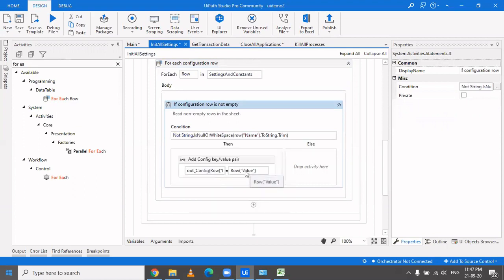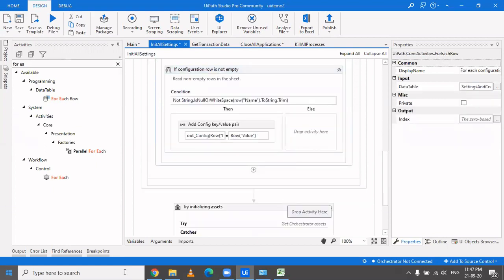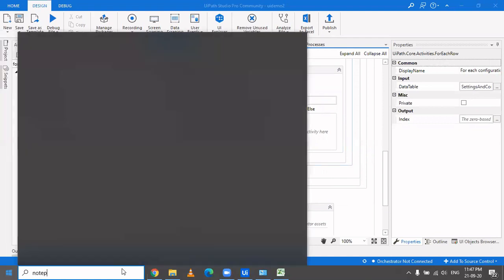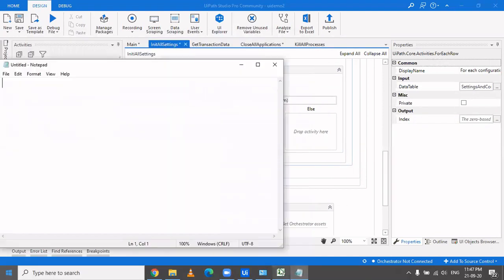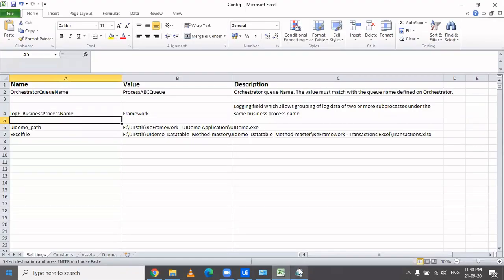So what I'm doing is extracting the value and storing it in a dictionary, the config dictionary. So the data from the Config sheet you are converting into dictionary format, and using the key you are acquiring the value from that Config sheet.